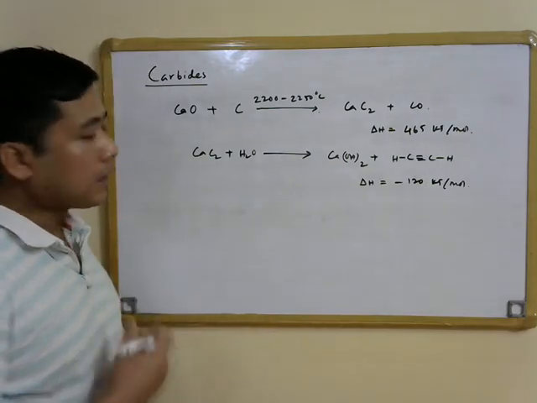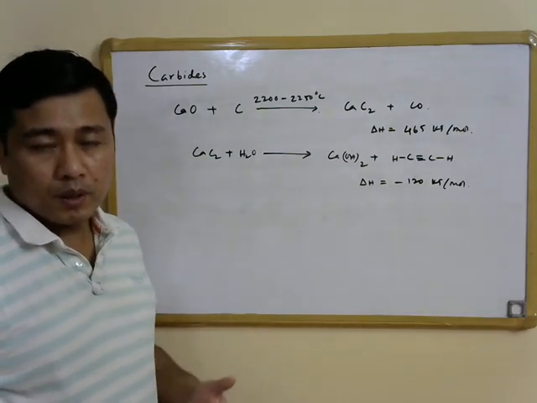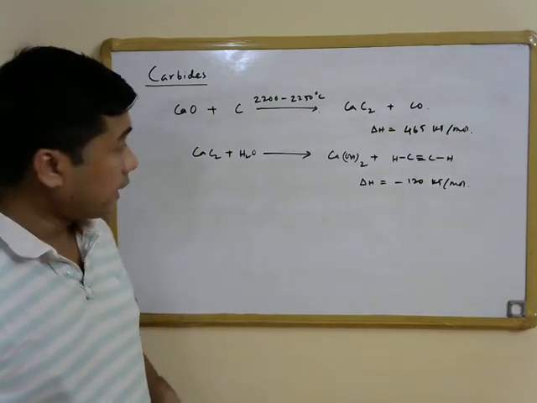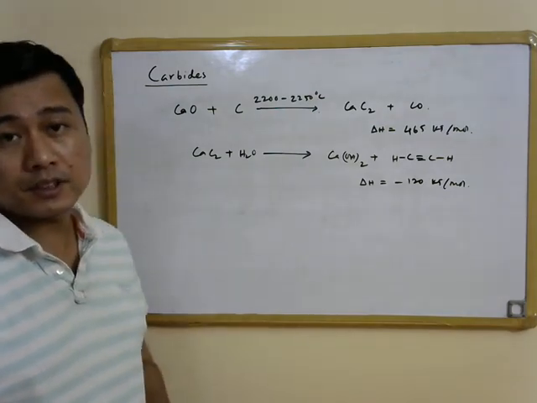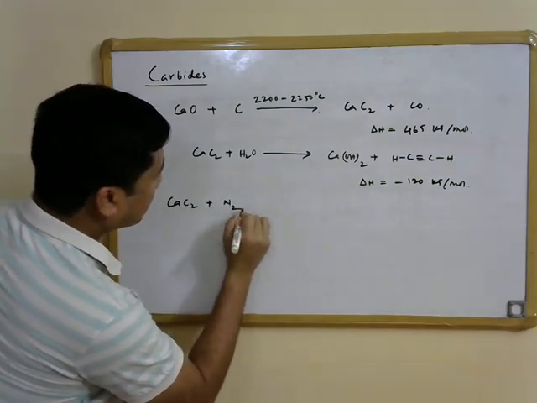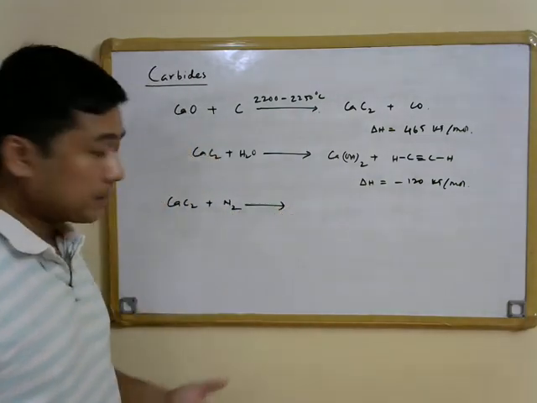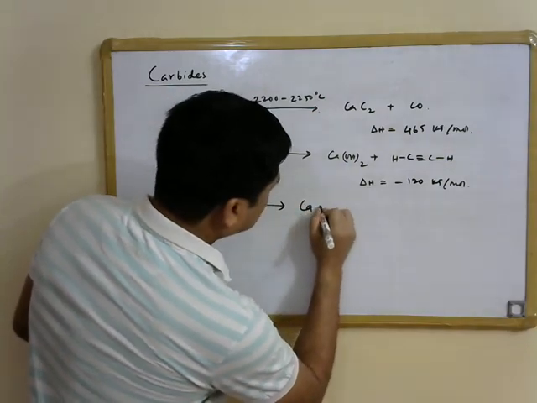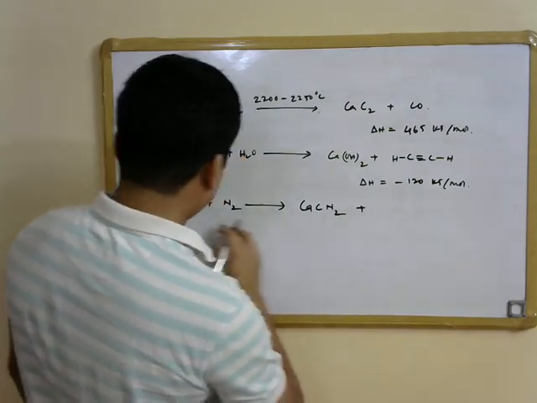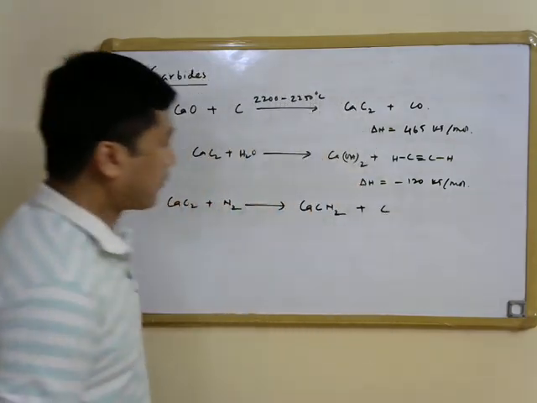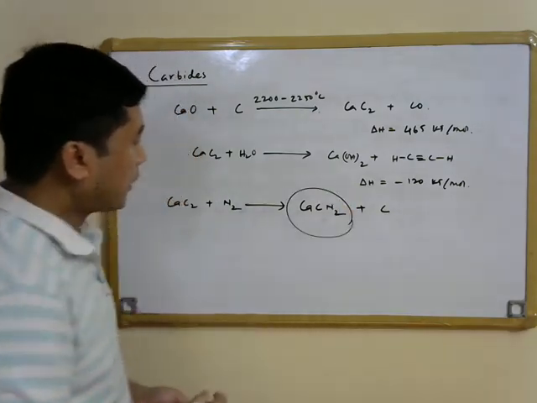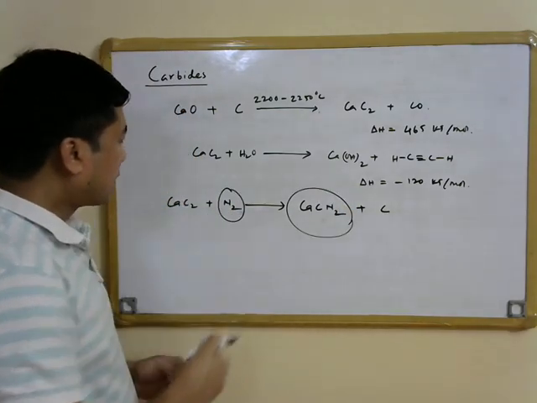So calcium carbide is also a precursor for preparation of fertilizer, as calcium carbide can fix atmospheric nitrogen as it undergoes reaction with atmospheric nitrogen to give calcium cyanamide, that is CaCN2, and carbon is also a byproduct in this reaction. So what we have done here is that we have reacted calcium carbide